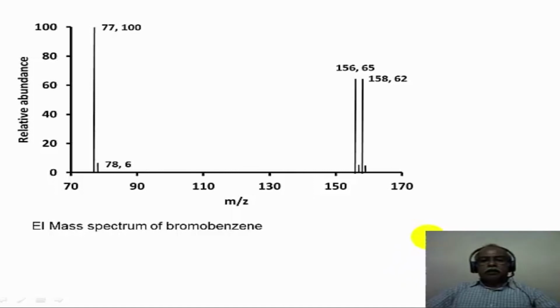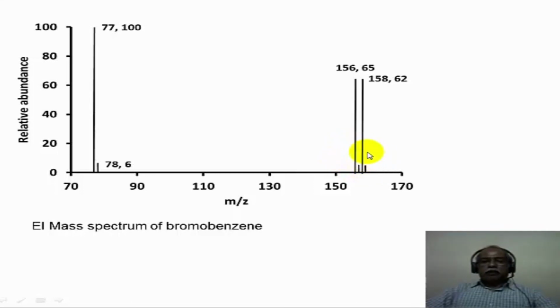Let us look at examples of mass spectra of bromine containing compounds, and this is the spectrum of bromobenzene. Bromobenzene has one bromine, so the molecular weights are 156 and 158. If the molecular weight is 156, that would correspond to the bromine 79 isotope. 158 would correspond to the bromine 81 isotope, and this is appearing in nearly 1:1 ratio in the molecular ion region. The small peaks that you see here are the m plus 1 and the m plus 3, whereas these are m and m plus 2.